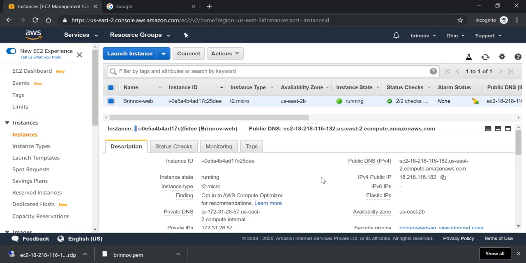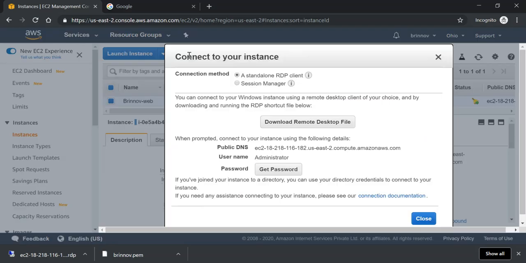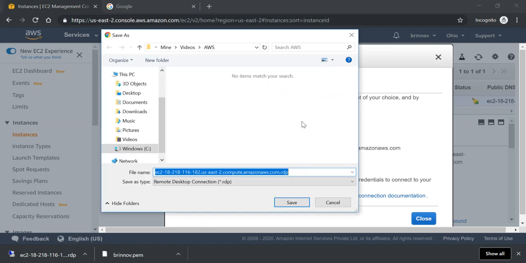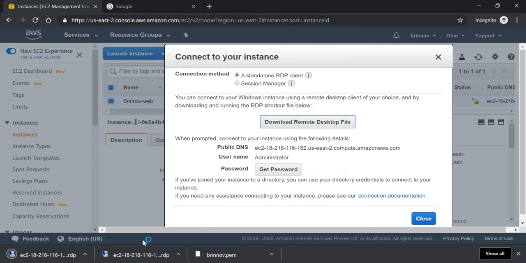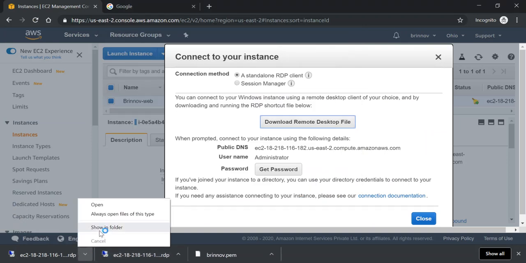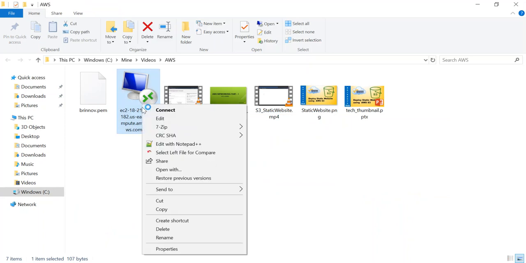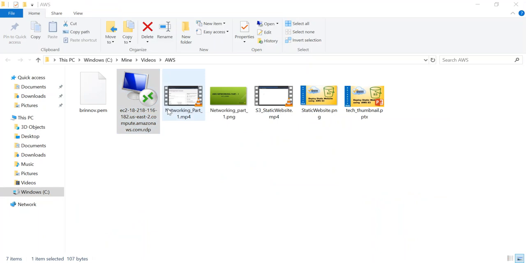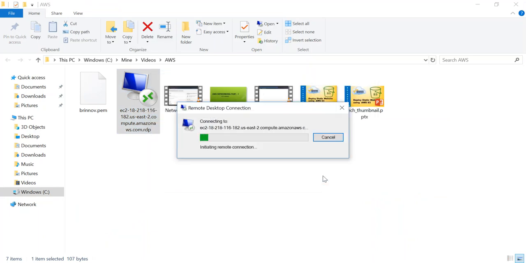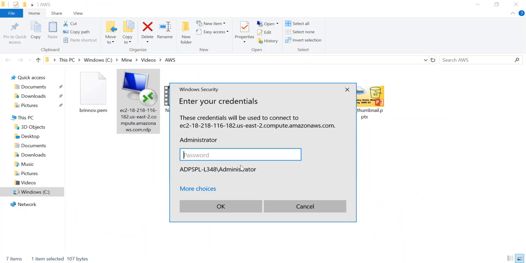To access your EC2 instance, just click the connect button. You can download this remote desktop file. I just download this remote desktop file. If I open this file, I am able to connect to my EC2 instance.